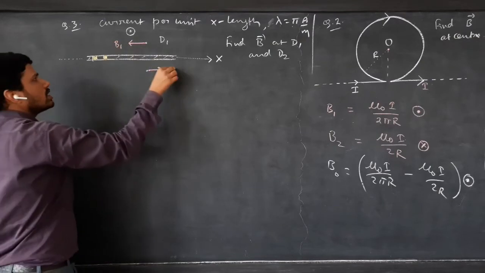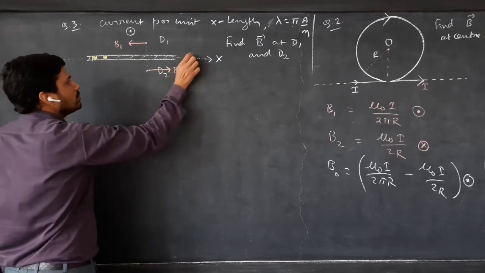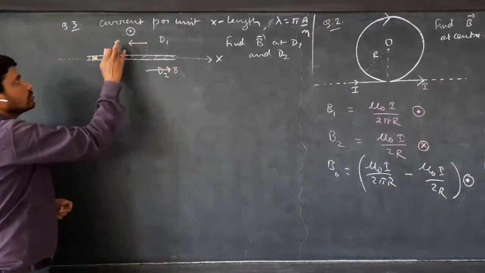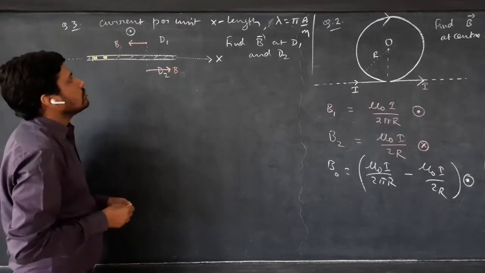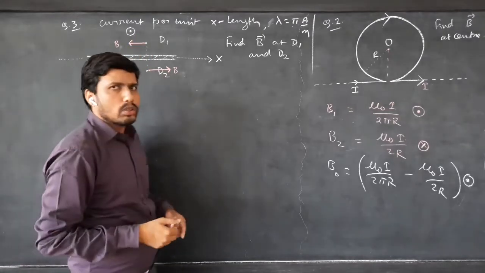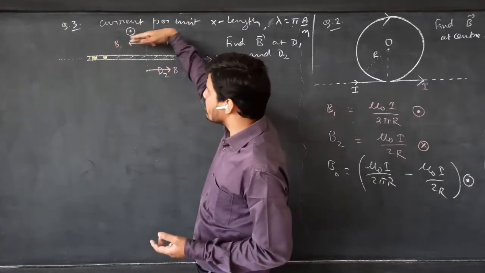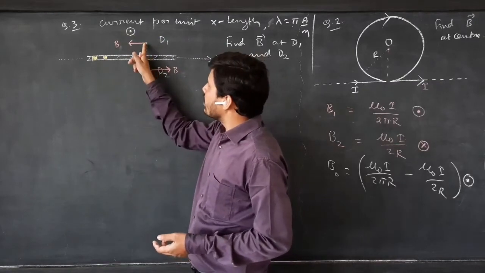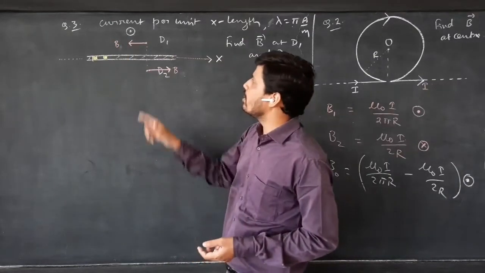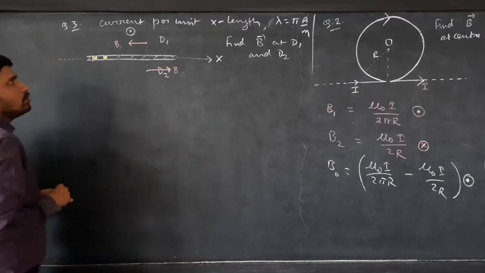I'll call it B1, I'll call it B2. And if they are at equal distance, the values will also be the same, B and B. Now you might feel why I did not draw like this, like this. So symmetry says it all. There is no point in choosing one direction over the other direction. It has to be flat like this. So the magnetic field direction at points above this sheet will be parallel to this sheet in this direction towards left, and below it will be in the opposite direction. Now we have to find the values of this B1 and B2.